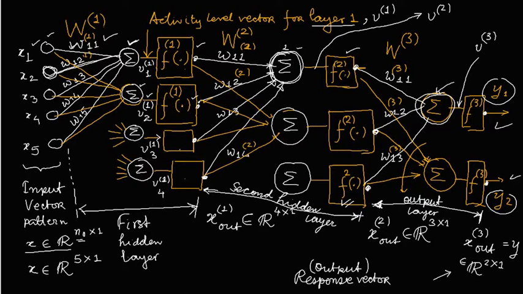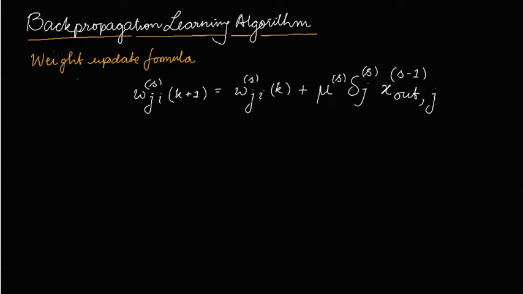We were discussing the error backpropagation learning algorithm, and as a background we have taken a multi-layer feedforward neural network, and for that we will see how the error backpropagation learning algorithm is applied. First of all, we will see what the formulas for the error backpropagation learning algorithm are, and we will try to understand them through an example, and after that we will see how these formulas are derived.